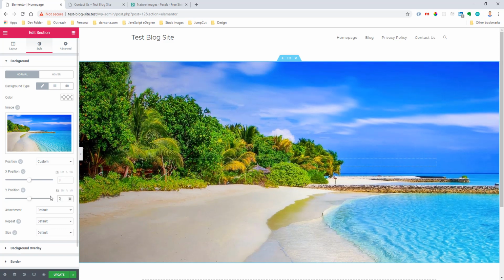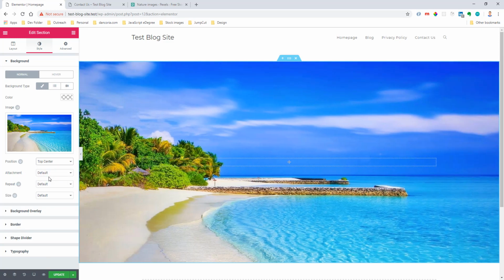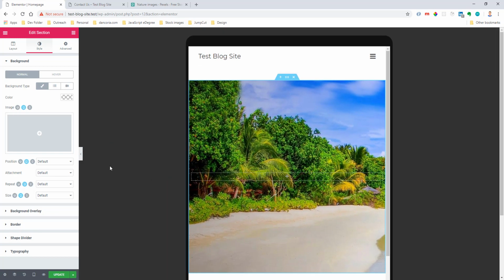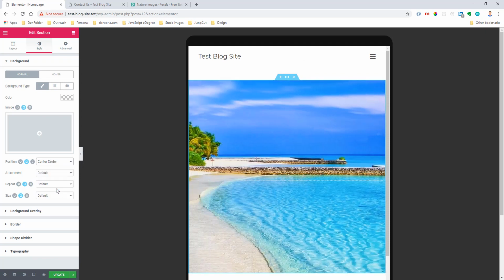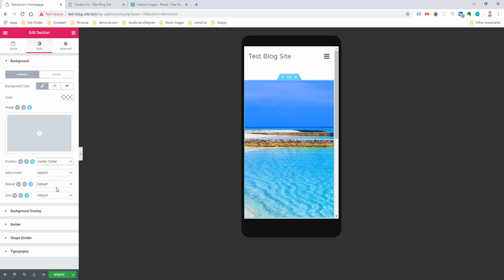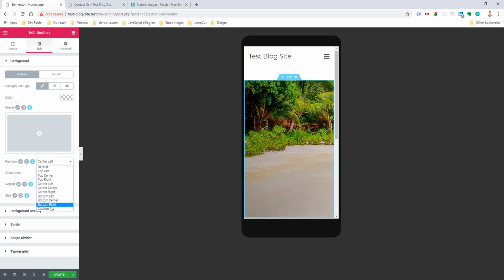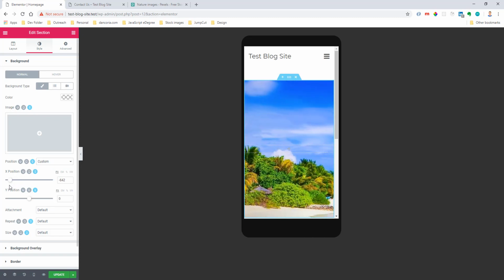I'm going to keep it at 0 and 0 and not use custom, just do top center. I kind of liked that top left. It shows some ocean and some trees. And then again, on the position, you can change what position it is based on your breakpoint. So center on your tablet, and then on mobile, we can do center. Maybe on mobile we can do custom. So we can change it to like